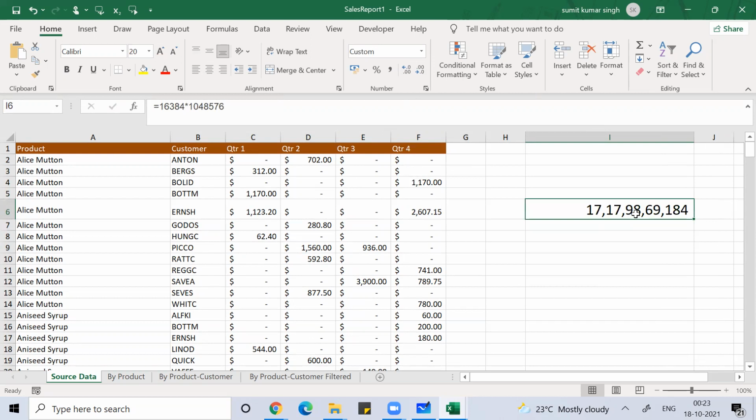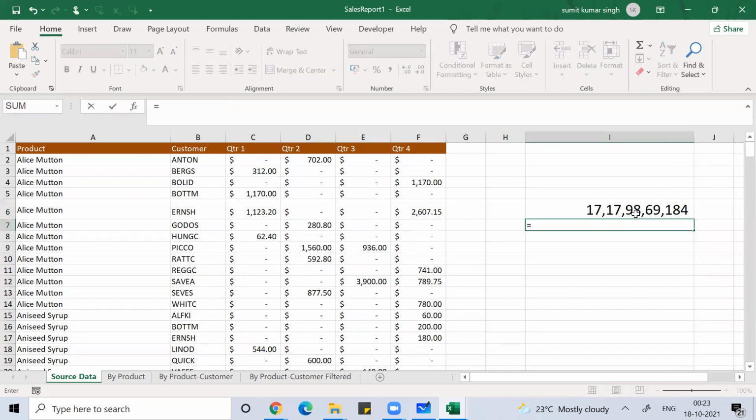So please wait and watch more videos of MS Excel of mine, and you will get to know how you can write a program. As such, in MS Excel there is no mathematical or statistical function which can tell the value of this number in terms of words. So definitely you need to wait for a couple of videos to get the answer for this problem.